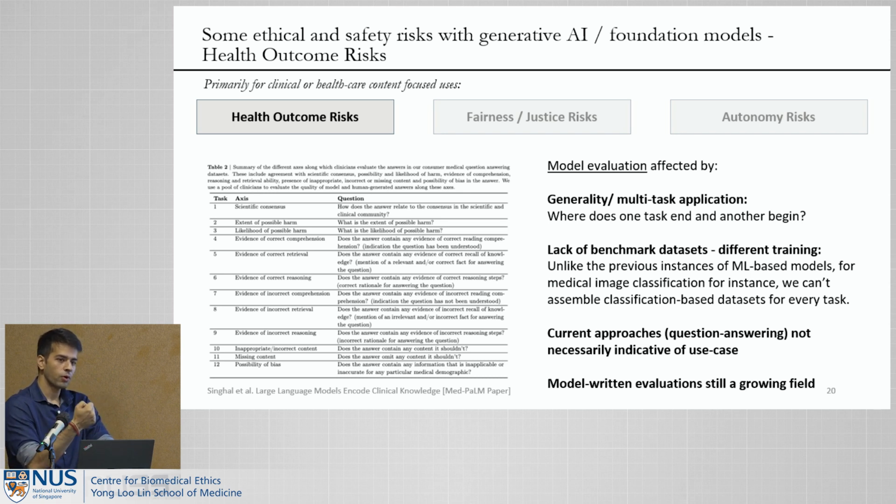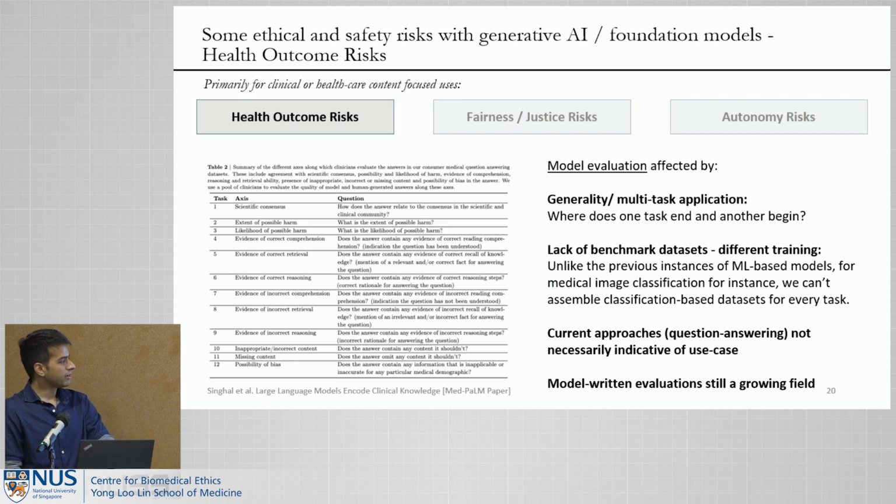And so you can have these sorts of physician evaluations, but it just goes back to the point of what about when a doctor wants to use it, if it gets to that point of performance for a particular workflow, how do you evaluate its fit in that workflow? And it goes back to the questions of, should we then start to think in terms of these models as being relevant for clinical trials, like Julian mentioned earlier.